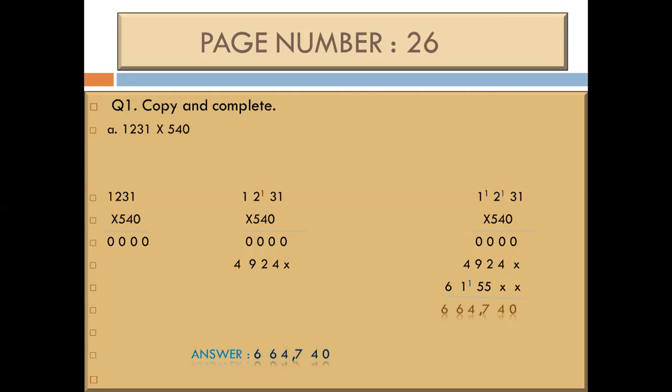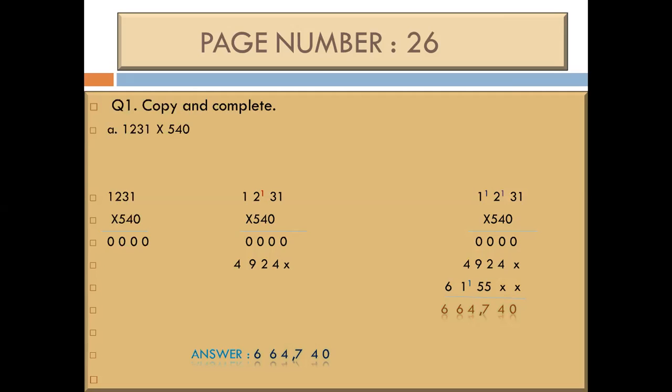Now come to the next digit 4. The first step will be the same. We write the same 4 zeros over there, and under the first 0 which lies on the ones place, we put the multiplication sign. And now we start the multiplication with 4 which lies on the tens place. 4 ones are 4, 4 threes are 12. We write there 2 and we carry 1. 4 twos are 8 and we add the carry 1, 9, and 4 ones are 4. In this step we have completed our multiplication with 4.